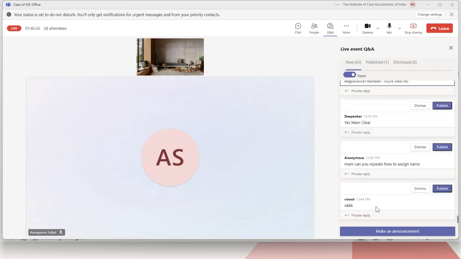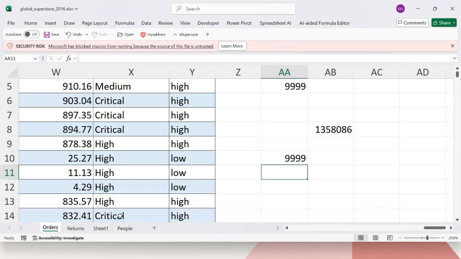Should I move to the next? How to assign the name? Okay. See,